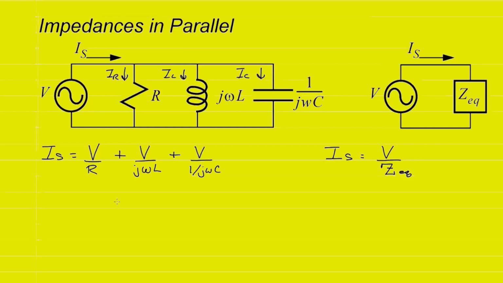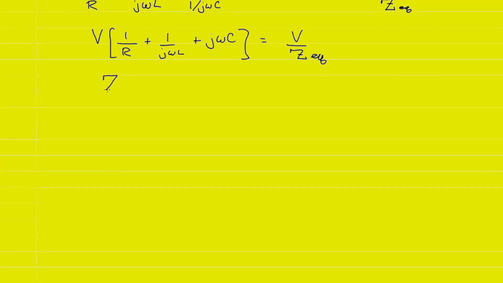We can equate these two, and we can now write that the voltage multiplied by 1 over R plus 1 over jωL plus jωC must be equal to the voltage over the equivalent impedance. For this to hold for any voltage,